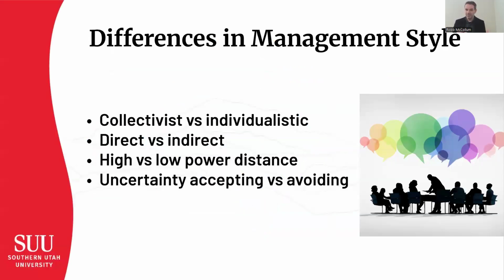So some of the reasons why we may experience culture shock is a difference in practices and a difference in values. And I just wanted to highlight some of the cultural differences that the textbook highlights when it comes to business management styles. And so one of them is a collectivist style versus an individualist style. A collectivist style or value within a company believes in doing what's best for the whole and not for the individual. If I do what's best for the whole, then I know that I'll be taken care of because I'm part of the whole.